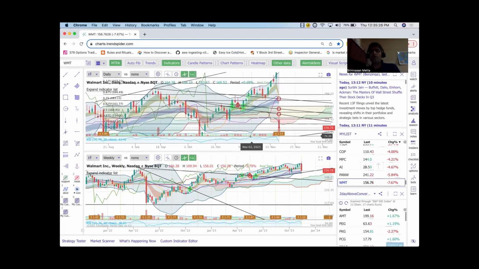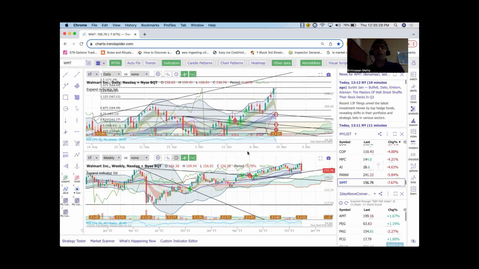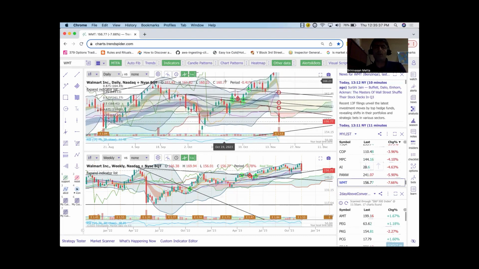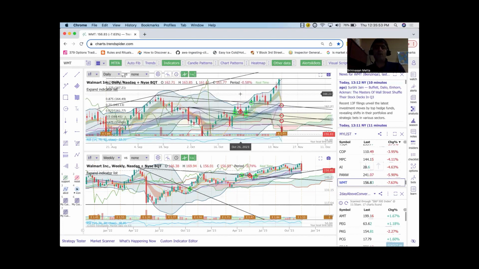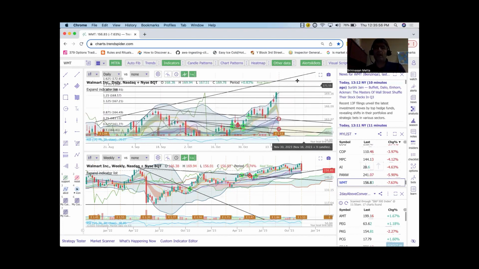So you can use all these strategies to see, hey, what is my risk? What is my reward? If you had bought here, that was a huge risk. But if you buy at the bottom of the Bollinger Band, you know that if it crosses, then what is the next level? It is the mid level, around 163, and if it crosses that, then it is the top of the Bollinger Band. I'm pretty sure at one point you will see this trend line and the Bollinger Band coinciding in the next 4, 5 or 6 candles. I'm not sure. That is the point where it will go and hit this.